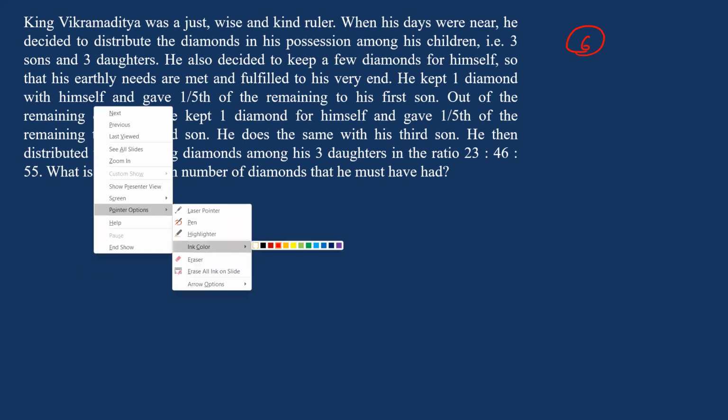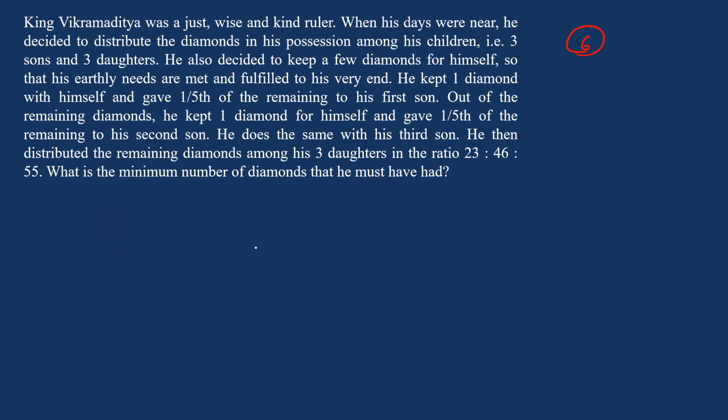Now, what am I looking at? When his days were near, he decided to distribute the diamonds in his possession among his children, that is 3 sons and 3 daughters. Wow, okay. He also decided to keep a few diamonds for himself so that his earthly needs are met and fulfilled. He kept 1 diamond with himself and gave 1/5 of the remaining to his first son. So if he had X diamonds at the beginning,